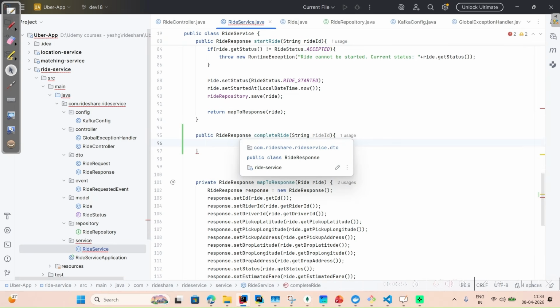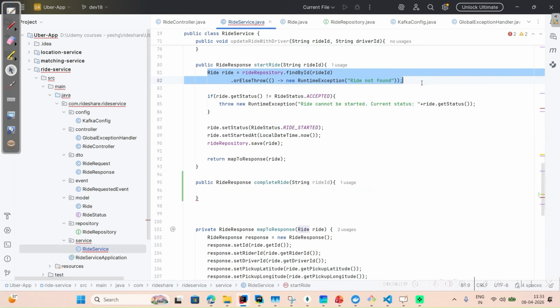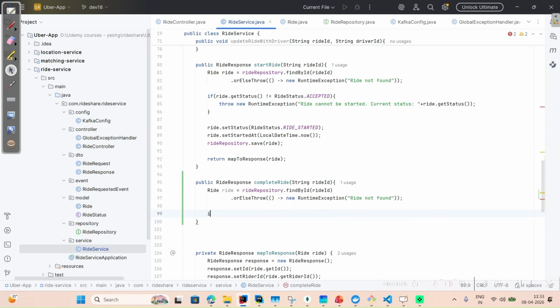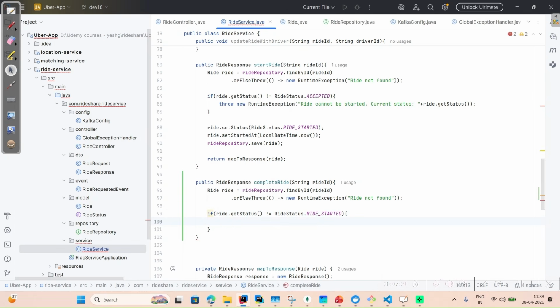Now same thing, first let me get the ride. And then if the ride status, so here the check should be ride started. Ride started, then